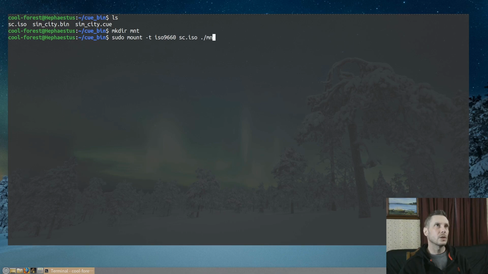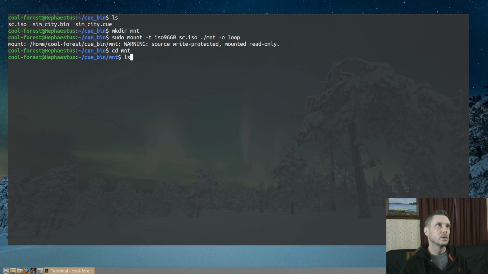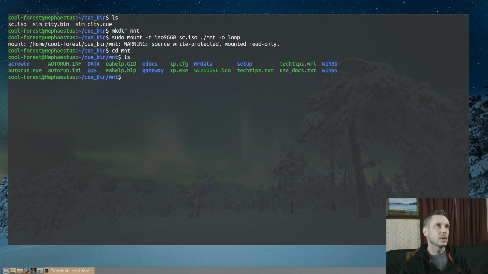And the dot here is just referring to the current directory that we're in. Option loop device. And that is mounted. So now, if we go into our mount directory, there we have our files from our mounted ISO image.